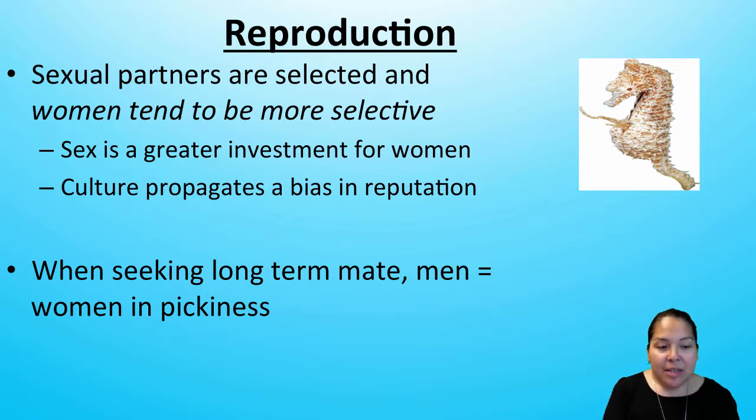Additionally, our culture has required women to be more selective because sex has a reputation in our society. If a guy has multiple partners, society views him as a man's man, but if a woman has multiple partners, she's considered a slut. So culture and society also play a significant role in women's selectivity. If sex becomes more of an investment for men, for example, when they are more purposefully looking for a long-term relationship, then we see a shift to where they become more selective in choosing a mate. So overall, the higher the risk, the more selective people will tend to be.